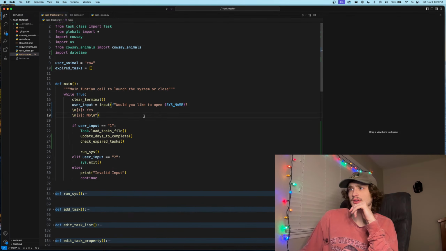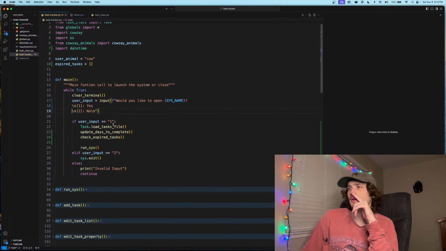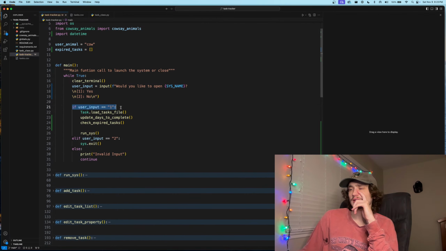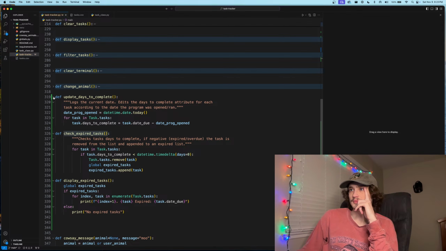Right, so I can see it. And then if user enters in 1, we're going to load the task file like normal. Nothing changes with that. But then we added in this update days to complete function, and then we have check expired tasks function. So the update days to complete